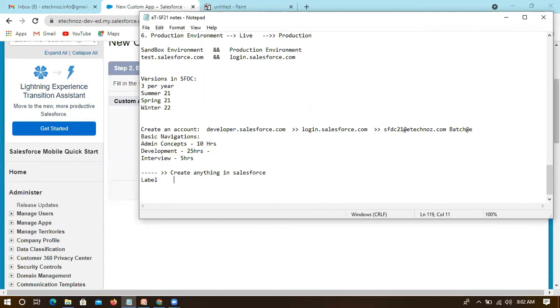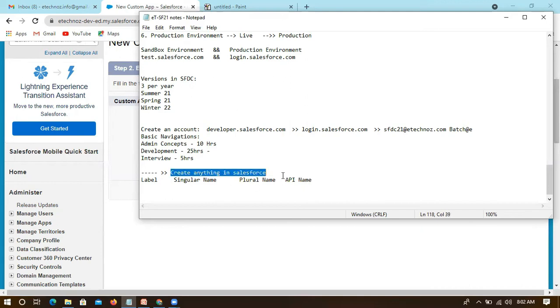You can see label, then name, then singular, plural. Name itself is the singular name only. Label, singular name, plural name, and then API name. These are the four terms you should be aware of.